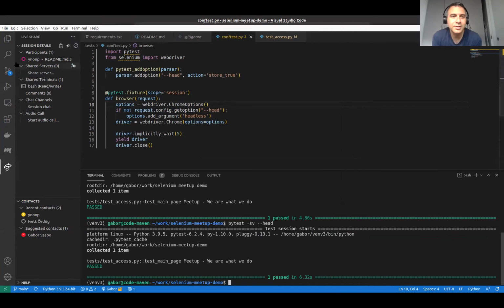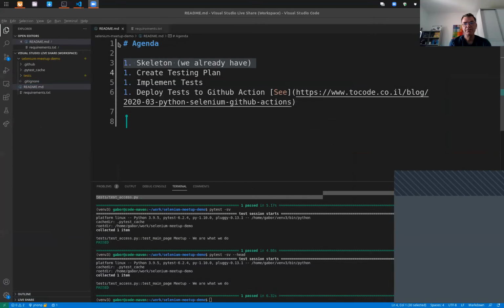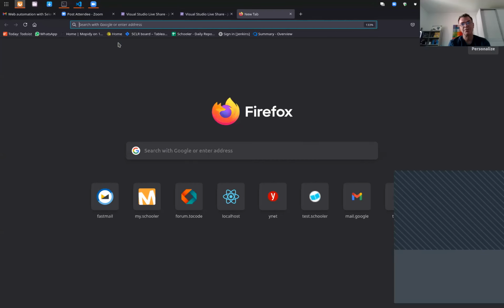Go ahead and explain the other parts. I'm not following you. Can you just go to GitHub Actions? You go ahead. I can share screen also. You don't need to, you can just open it. Now you're sharing it, okay, that's also good.